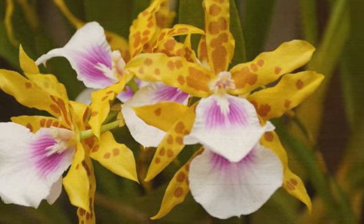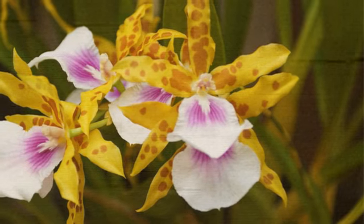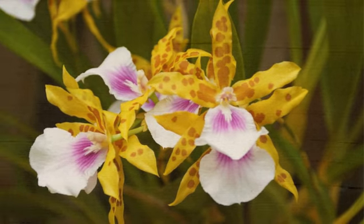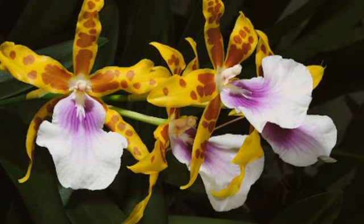Look at the petals, you can see the deep purple blending with white, creating a very subtle contrast. Not only are the colors eye-catching, but the flowers also have stripes or small spots in the center, adding an extra layer of intrigue. This hybrid originates from crossbreeding between species of the Miltonia and Miltoniopsis genera, combining the best